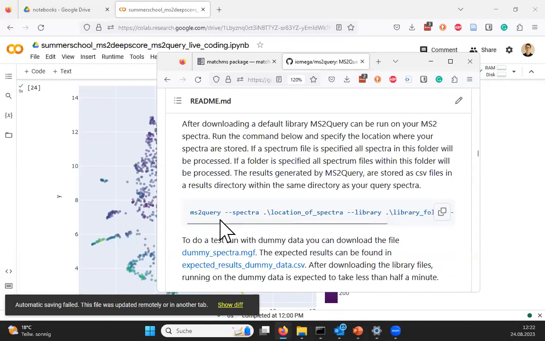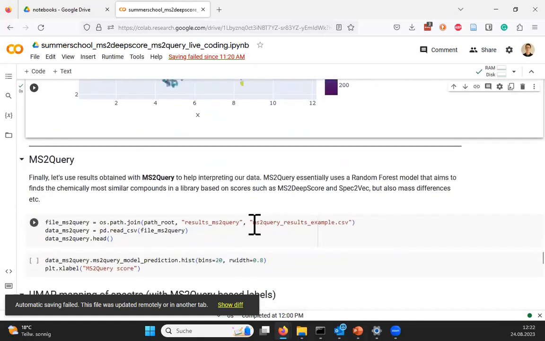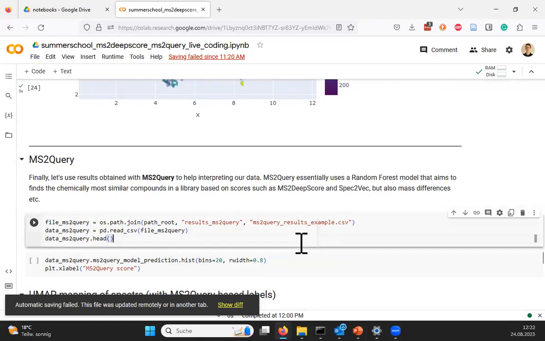But this is something that you have to run outside of a notebook. You can run it in a notebook, but usually that's something you run overnight or run separately, and then, similar to Sirius, this automatically exports a CSV file, and this is then what you can use for your notebook, for example. These notebooks are here. We have them computed already. So this is the one I'm going to use here, because this is for the example data with the path of results and MS2Query in this